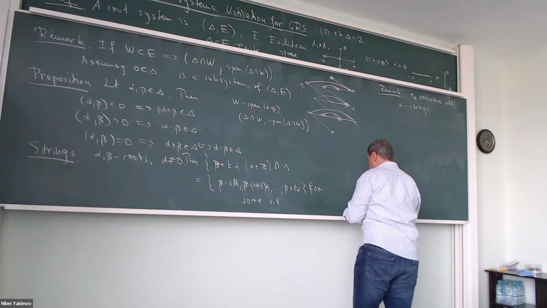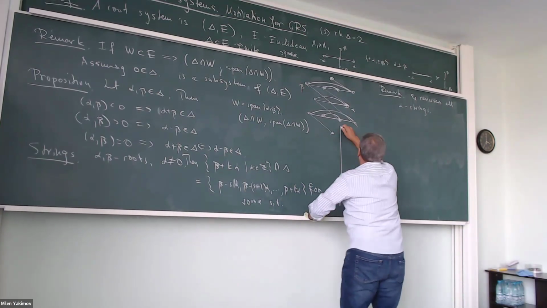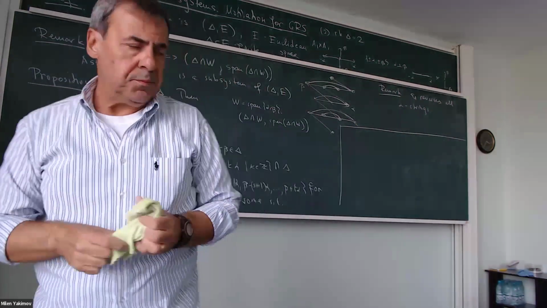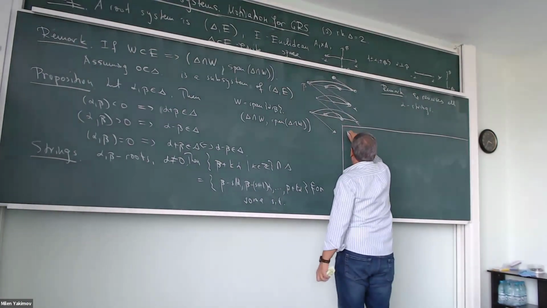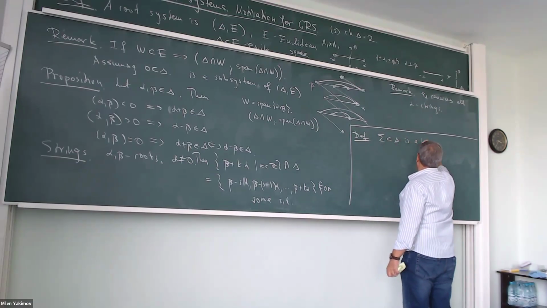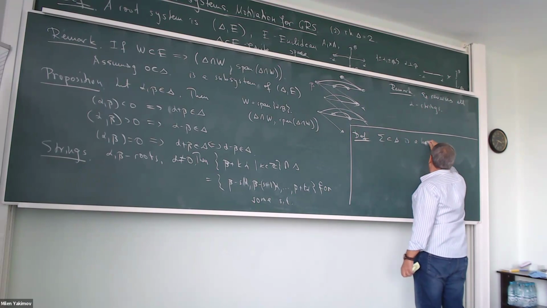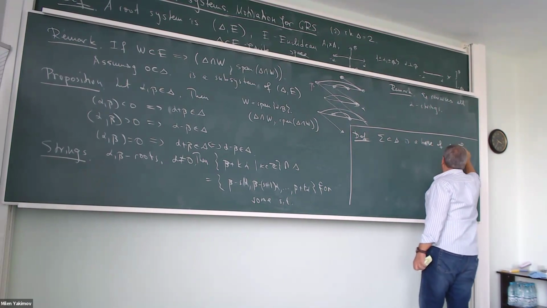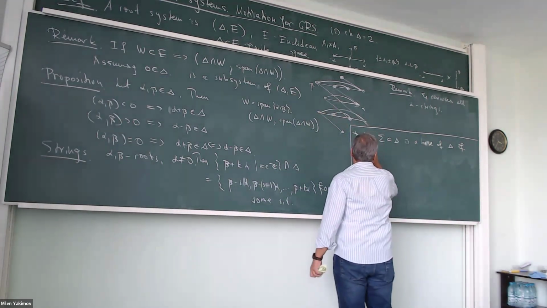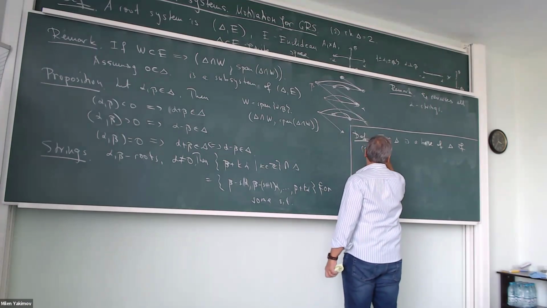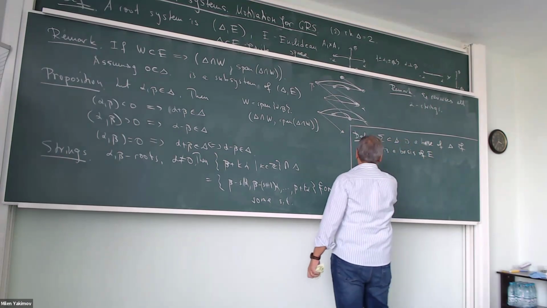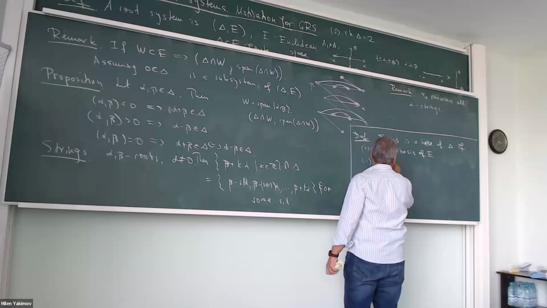So the next important notion related to root system is the notion of basis. Definition: a subset sigma of delta is a base of delta if, first, it is a basis, and secondly, for any beta in delta,